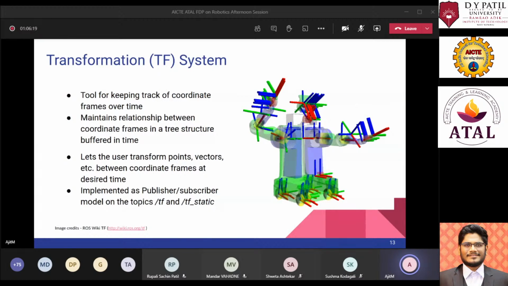It keeps track of all the joints with the timestamp data of each joint, and it maintains the relationships of all the joints over time. So you can go back into the simulation, or into the data which you have collected, and understand where your robot made mistakes in its movements or planning.